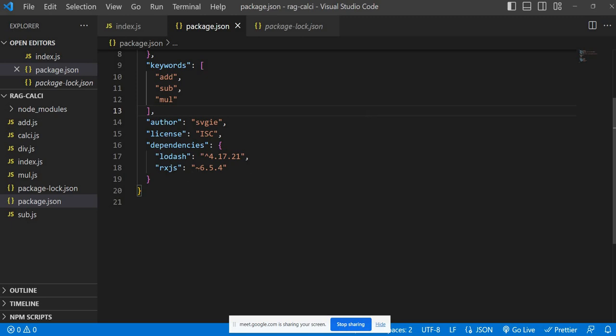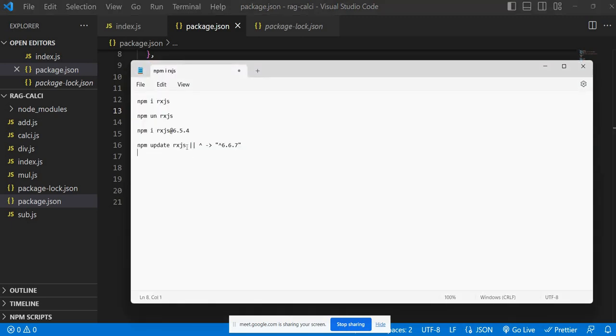Now if you put this symbol and try to update the package, to upgrade the package, what will happen? I'm going to execute the same command. Definitely it should not change the minor version. If you use the tilde symbol, we are not going to allow the minor version to increase either, so it will stay at 6.5. Later, whatever patch version is available, you can get it. If there is nothing newer, it will be 6.5.4 only. So let me run that command,